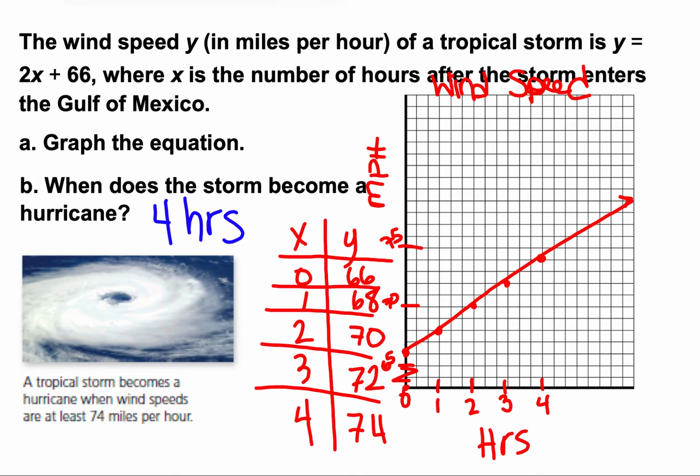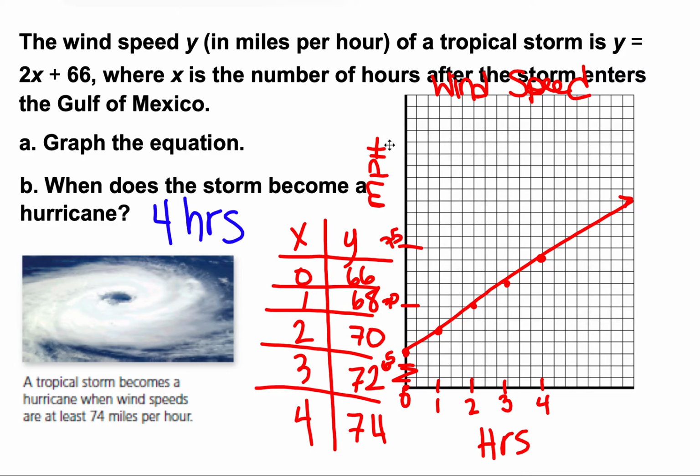All right, so there's a lot written on this slide here, but I've got my title up top. Wind speed is what I chose. That should come from your story problem, your title. So I know it's about wind speed. I know hours is going to go on the bottom. They tell me that directly in the story problem, that X is the number of hours, so that goes on the X-axis. And then they tell me the Y is miles per hour, so I abbreviated MPH, I put that